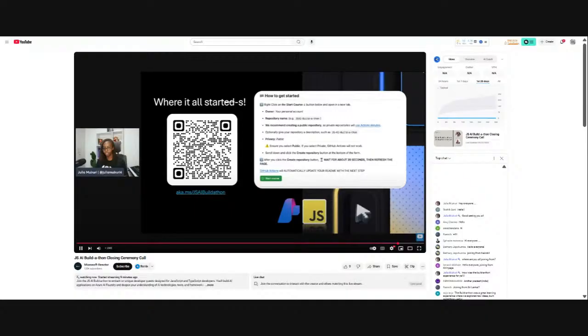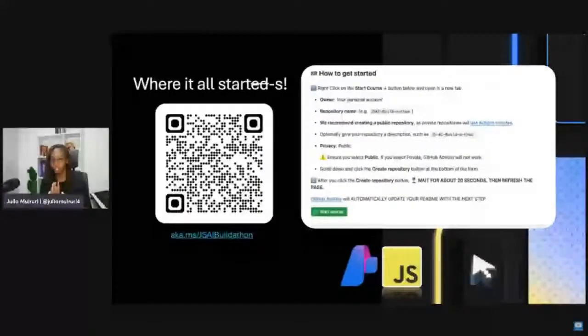Please note, it will be really helpful if you bookmark this page, because we're going to be sharing a lot more in the future in terms of different things you can do with AI and JavaScript. So this is definitely a resource that you want to have handy. And then you'll see that I'm canceling out the started part, because this is where your journey can start at any given time. As I said, it's built to be completely self-paced, so you can come in at any time and decide that you want to start a learning journey at that specific moment.